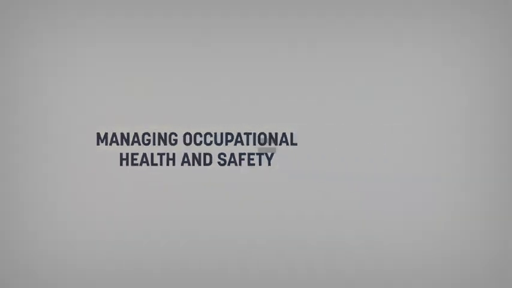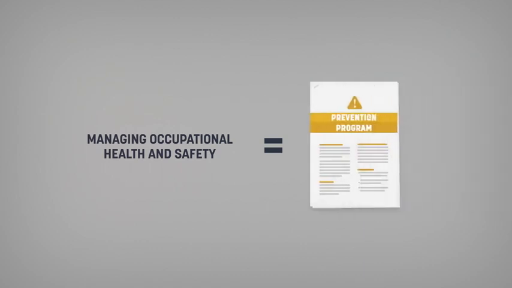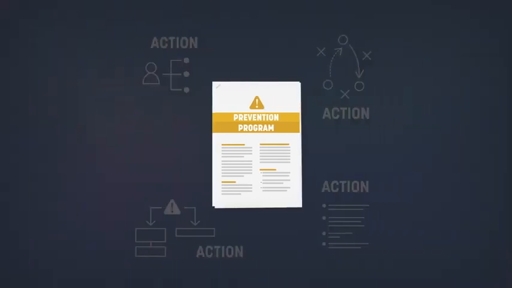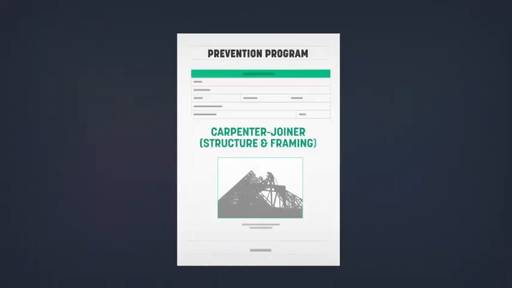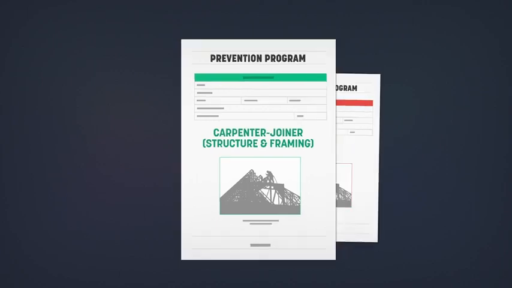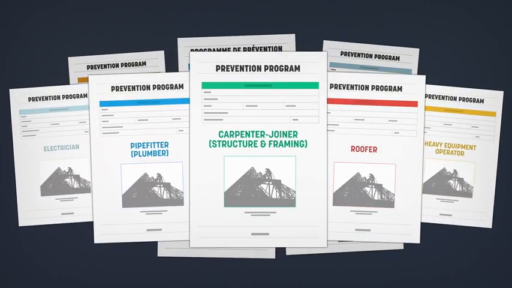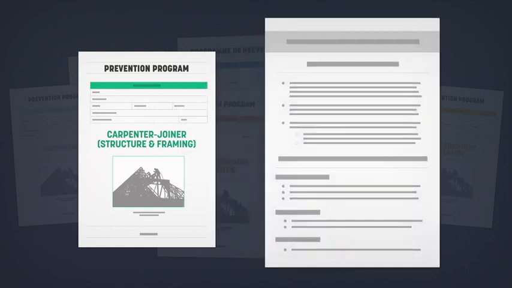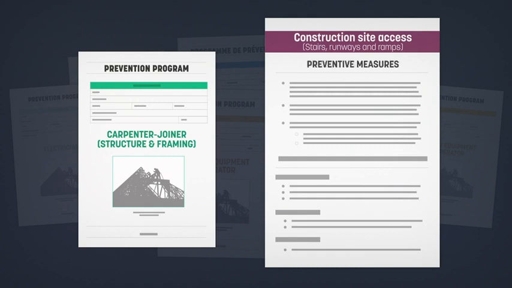Managing occupational health and safety means implementing a prevention program, an action plan adapted to your reality. As a member of the APCHQ, you have access to a number of existing prevention programs in every type of construction trade. Each program has its own set of action sheets. Each sheet identifies a risk that could be present on your job site. And for each risk, there are details of what preventive measures and control methods you can put in place to